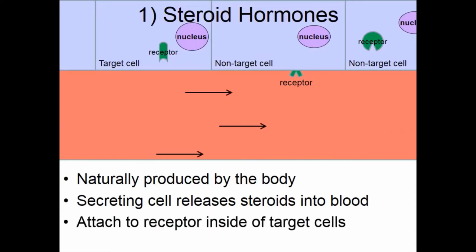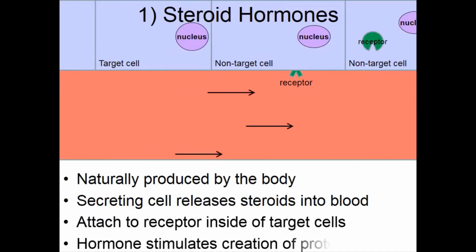And in this case, a steroid hormone is going to attach to a receptor that's actually located inside the cell. So steroid hormones can actually pass through the phospholipid bilayer, and that's what you just see happening. And so the steroid hormone is attached to a receptor inside the target cell. The receptor and the steroid hormone will go into the nucleus, which will start a bunch of chemical reactions and stimulate the target cell to produce proteins that are needed by the body.